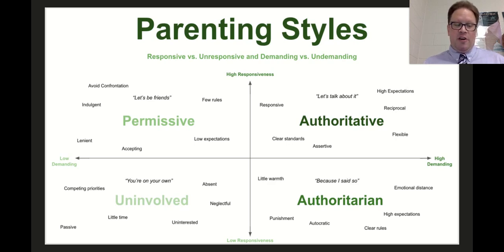Now, permissive parenting. They set few rules and allow the children to pretty much make their own decisions. Permissive parents are caring and they communicate with their children, kind of like the authoritative parents, but they also give most decision making responsibilities to their children.